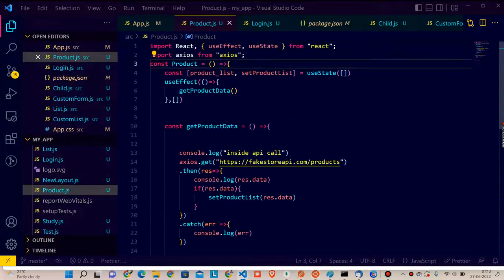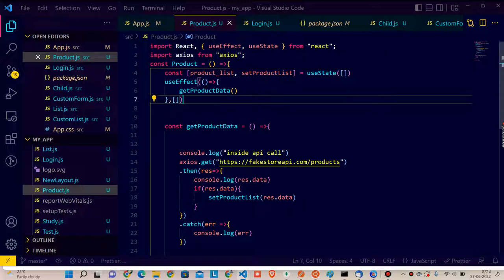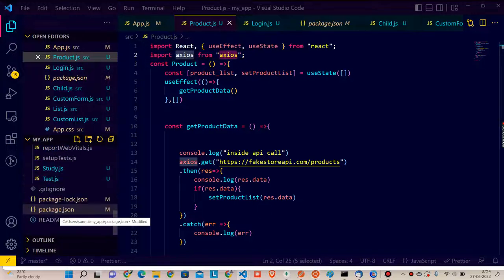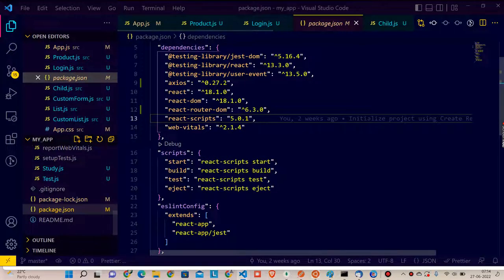So we'll check here. First, we have installed axios. Here we are importing the axios library. We'll check whether axios is installed or not. We'll go and check in package.json, because all the installed libraries will be